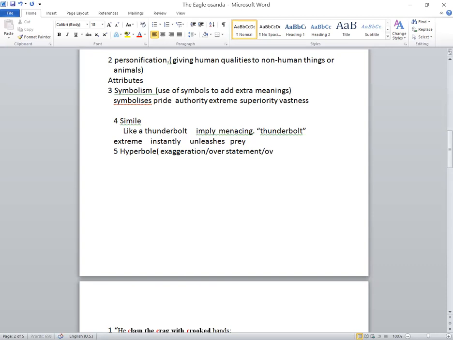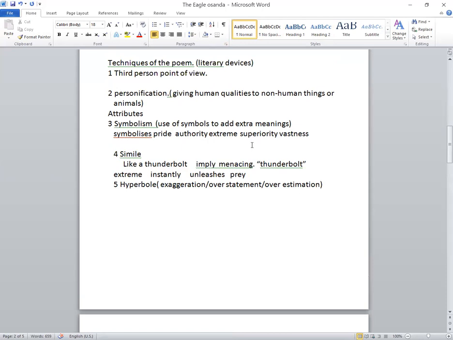They are similar terms for this: hyperbole, exaggeration, overestimation, overstatement. Right. Now here in this poem,